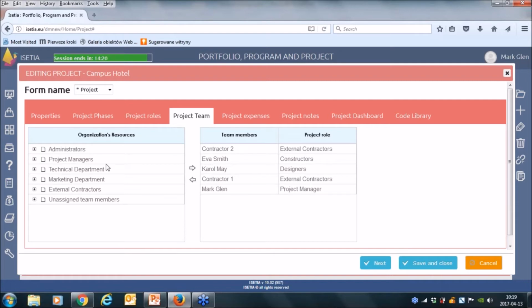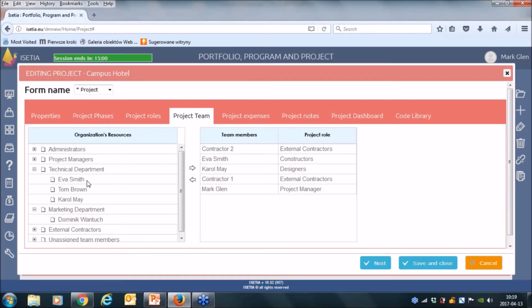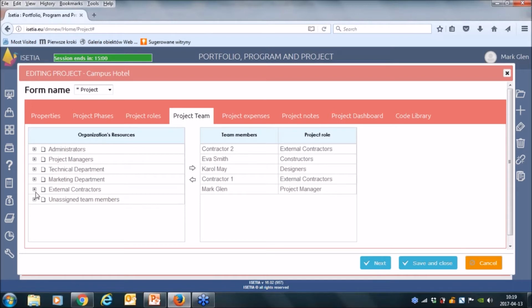On the left side, these are the organization resources. These are your departments, technical, marketing, so you can invite any people to your project using these organization resources, as well as, of course, external contractors.